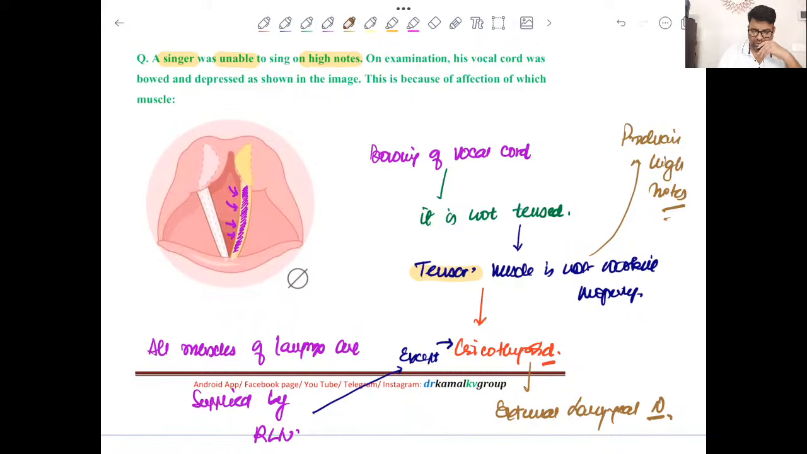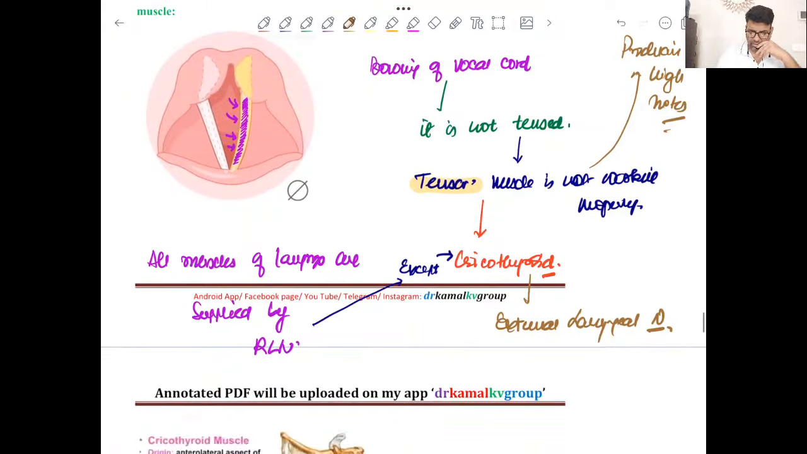So if you see this kind of laryngoscopic image in which the vocal cord is bent or bowed or depressed, and if it is not tensed, it means there is some problem with the cricothyroid muscle. Okay, so this is the summary of this question, right? Then